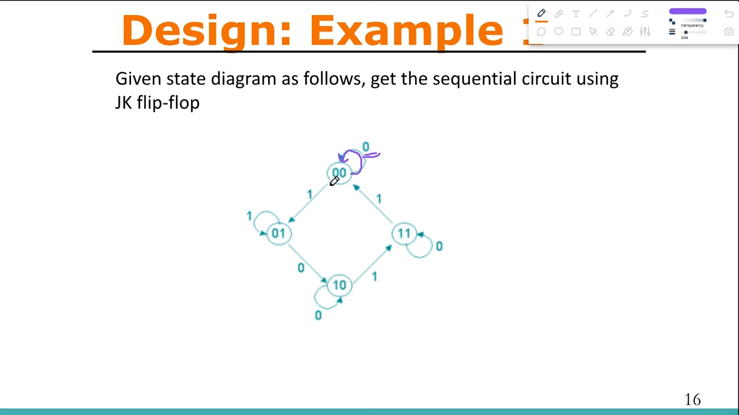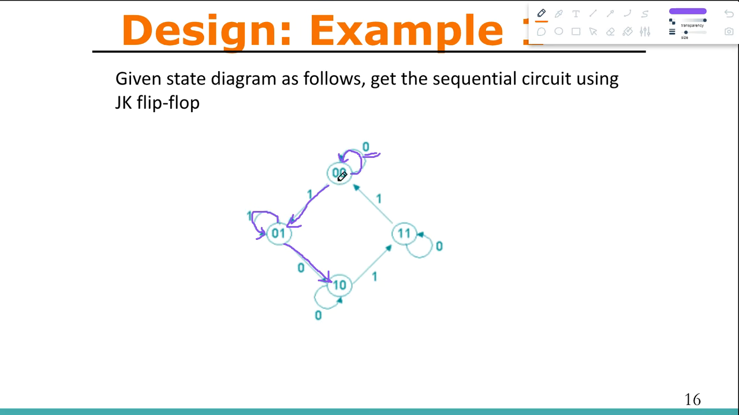Okay, so from 00, if the input is 1, then the next state is 01. So this arrow suggests that if the input is 1 and if the present state is 00, then the next state would be 01. Alright, so this is the state 01. So from 01, if the input is 0, then the next state is 10. Alright, and if the input is 1, then the next state is 01 itself. Alright, so